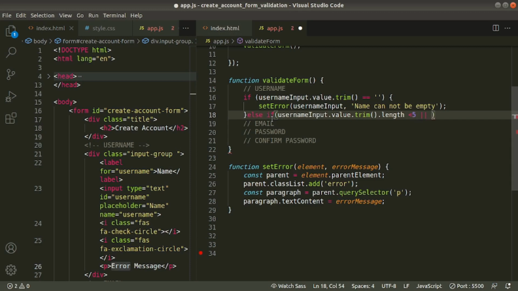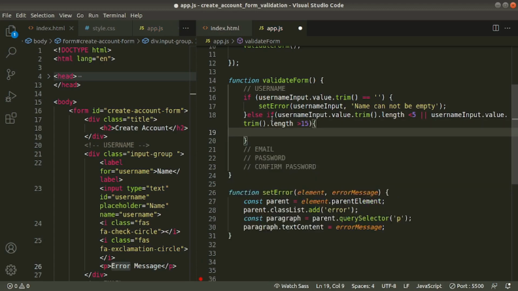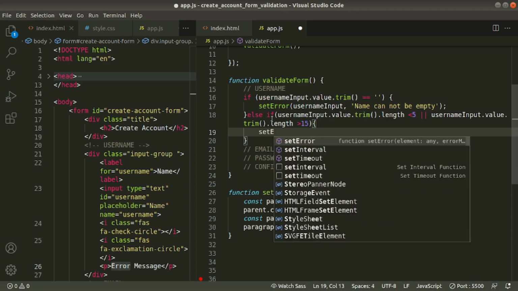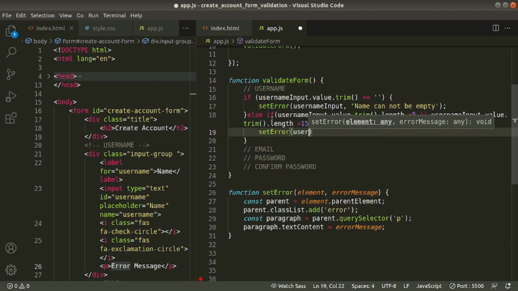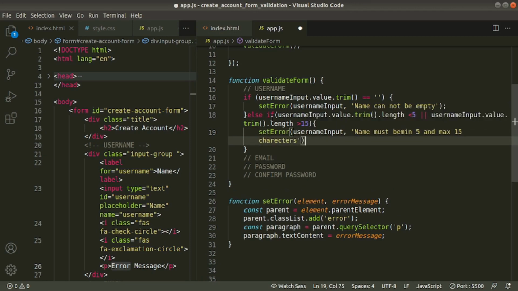Or username input field dot value dot trim dot length greater than 15, that is also invalid input. Then we will call set error function and pass username input field and error message. This time, name must be min 5 and max 15 characters. Save it.